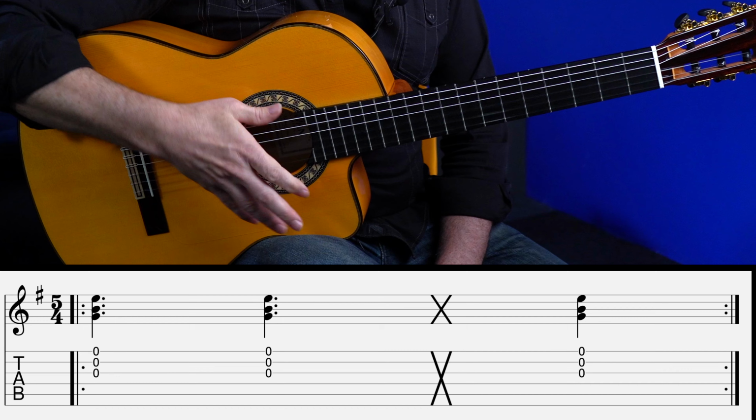So paradoxically, things are going to get easier technique-wise. We're going to play fewer strokes in a minute, but it's going to be harder because we have to really know exactly where we are. So the good thing about doing it the way we just did it is we hear each and every 8th note in the measure. There's 10 of them now, right, instead of 8. And then we just have kind of a grid and we can count along. So we have to be able to feel that underlying template first, so that we can play with it and skip things, right? So with that in mind, let's go to the other way, super common and awesome way